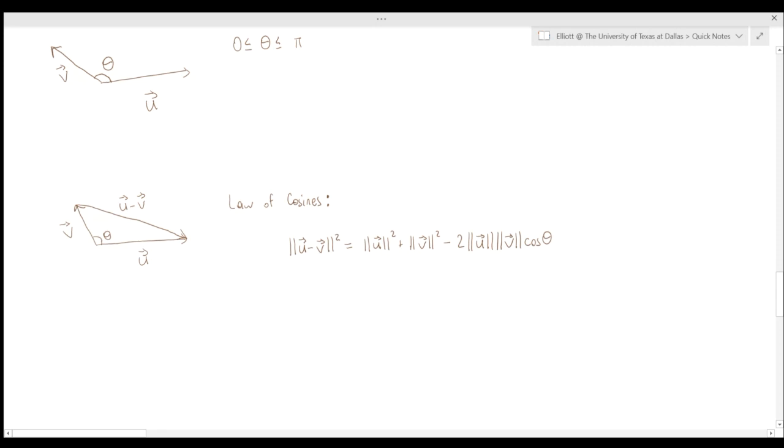Okay. So we get this by using the law of cosines. On the other hand,